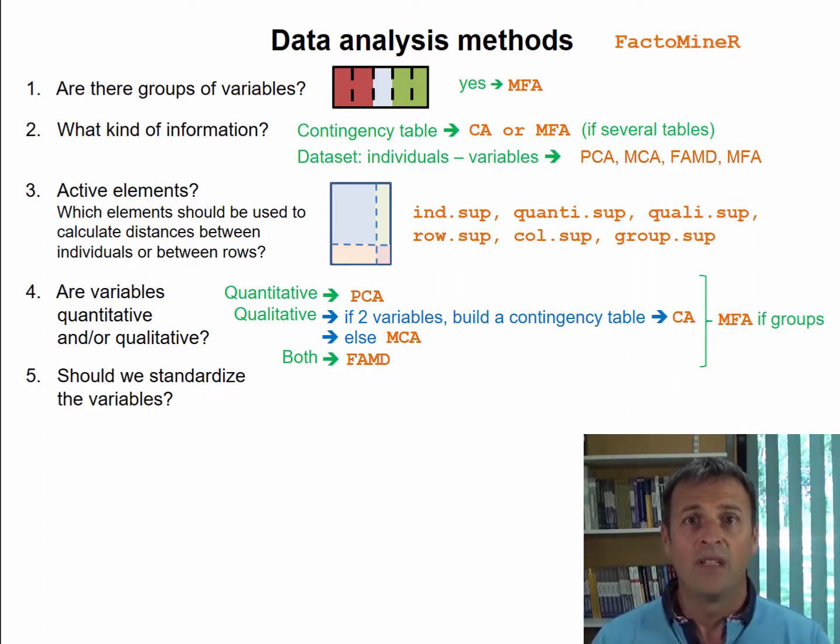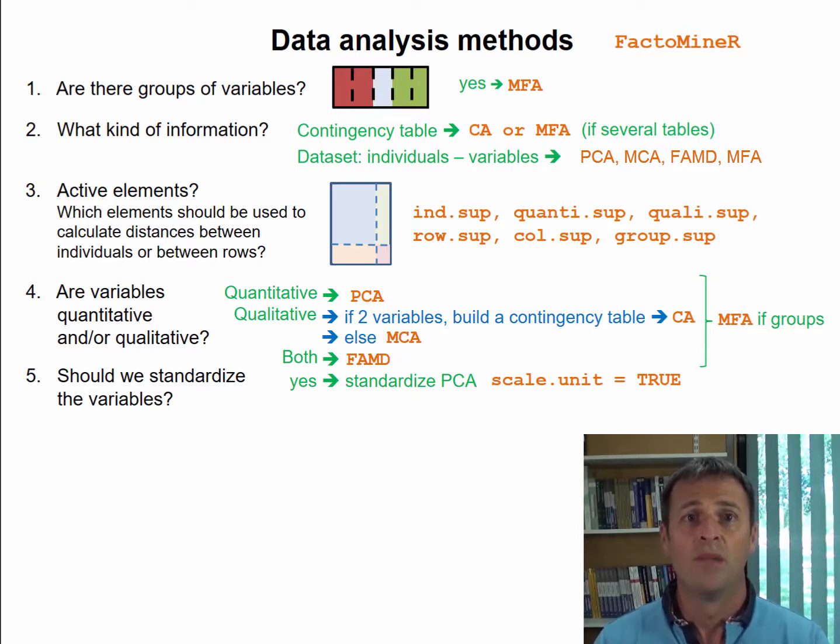Fifth question, if we decide to go with PCA or MFA, should we standardize the variables? We have seen that if variables are given in different units, it is necessary to standardize them. Now, if all the active variables are in the same units, we can decide whether to standardize them or not. Standardizing the variables will go hand in hand with giving the same importance to each variable, whereas keeping all variables unstandardized goes with assigning more importance to variables with higher variance. So, if we reduce the variable set with PCA, we must put scale.unit equals TRUE in FactoMineR when using the PCA function.